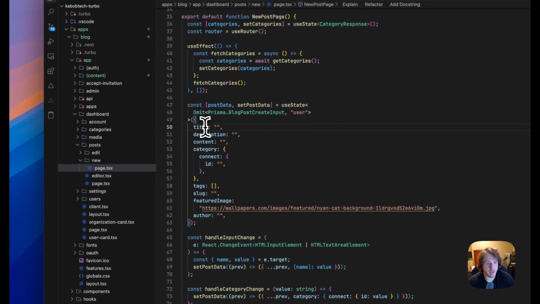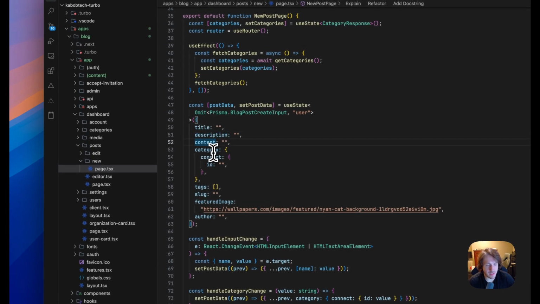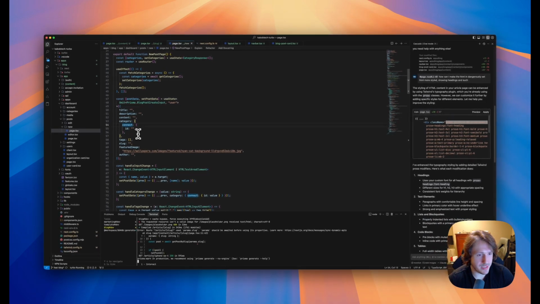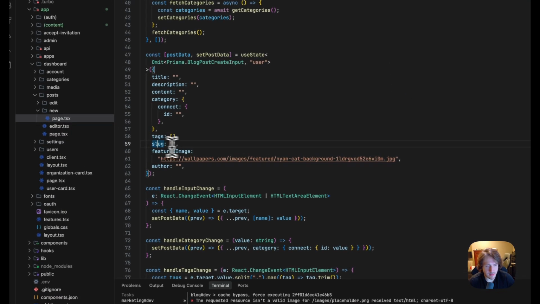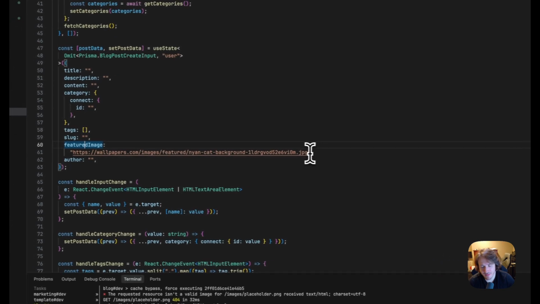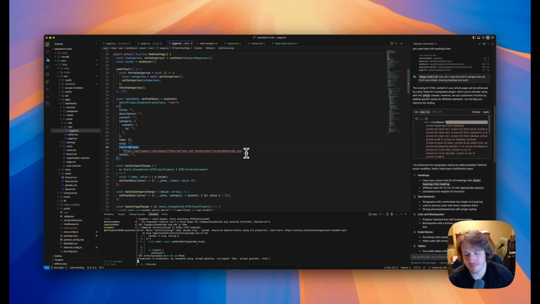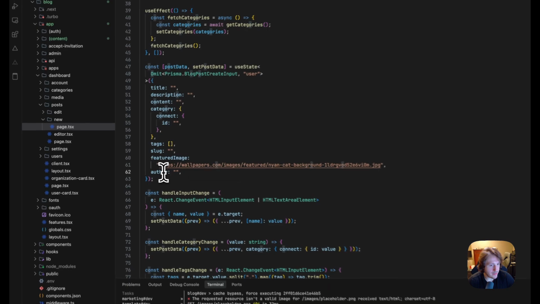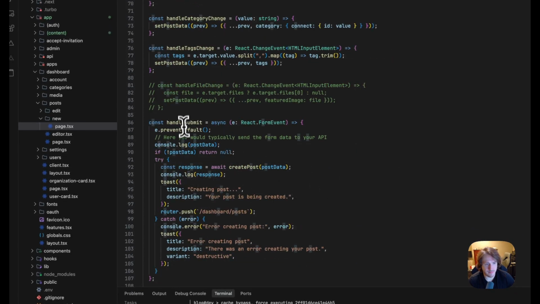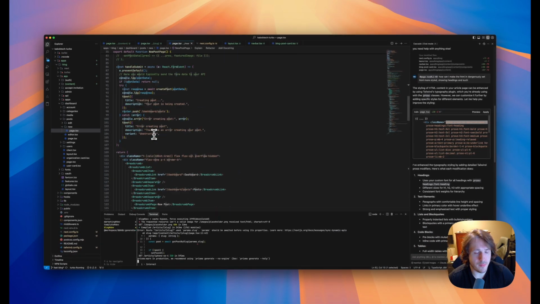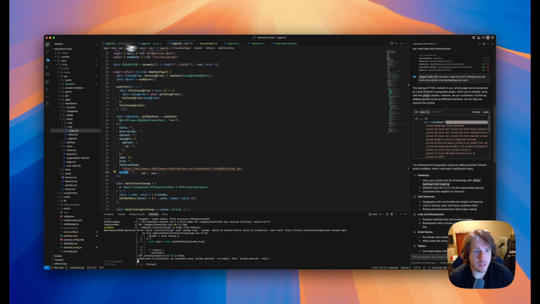But it takes in the basics like title, description, content, category, which is controlled by a separate table, tags, the slug, and feature image, which I have hard coded right now because I need to figure out what service I'd want to use to be able to upload these images and store them, and then author, and that's really it. It's just a form that submits it to the database. It's pretty simple,